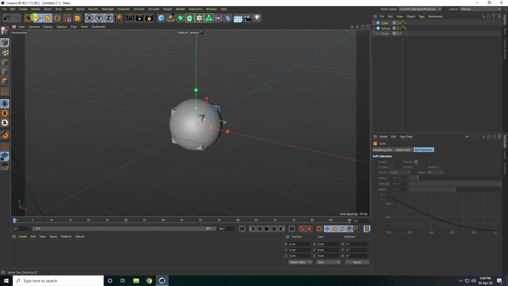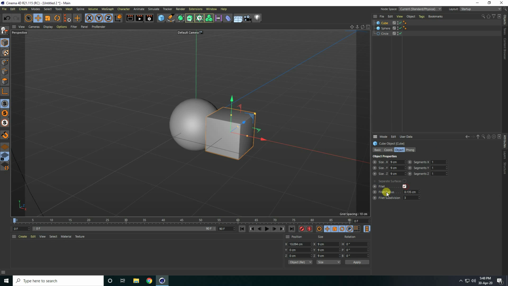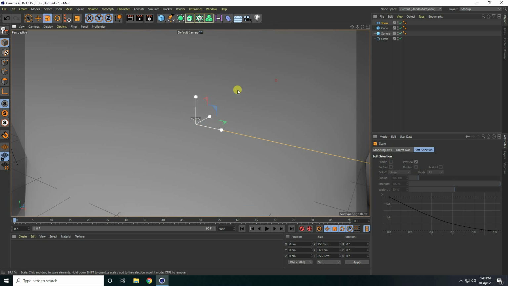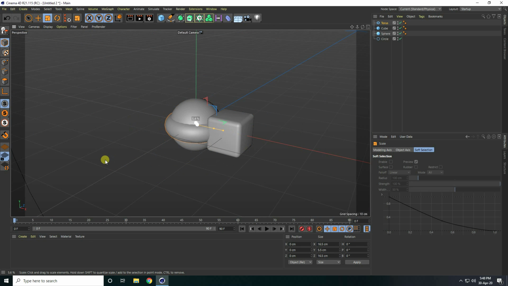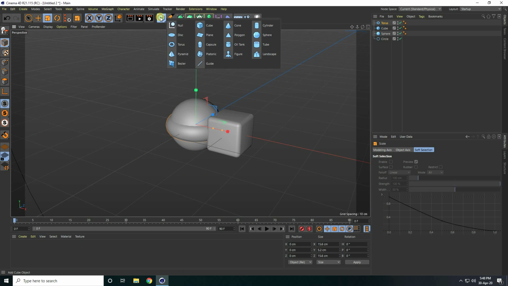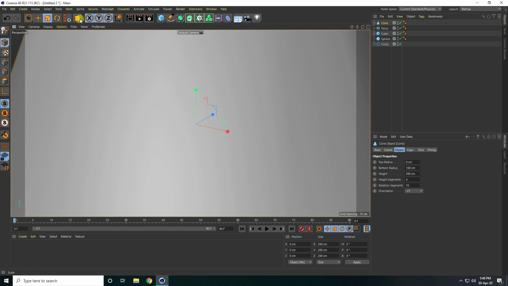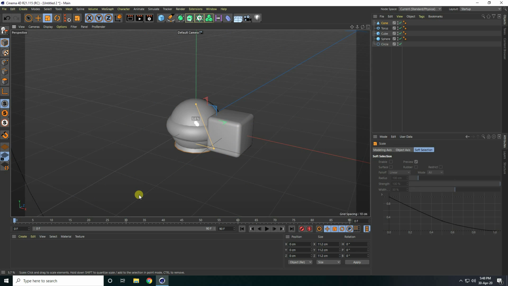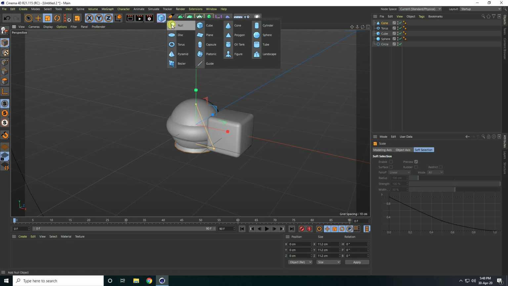Guys, select this sphere and check fillet, and the fillet radius I take 1, yes, and subdivision I take 5, is good. And now guys, this time I take a torus and make it smaller, yes, and again guys, one more object like a cone and make it smaller, yes. And last time guys, I take a capsule,